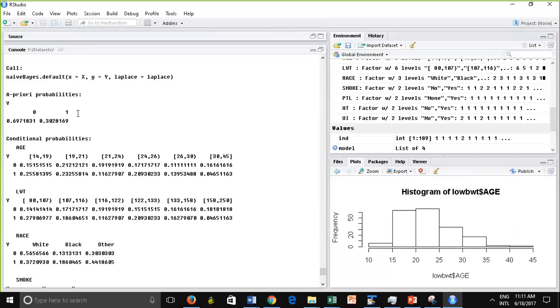Assuming that my weight is 1, assuming that the baby is born underweight, this is the probability that the age will fall into this range. And similarly, I can look at this, right? So, in order to predict